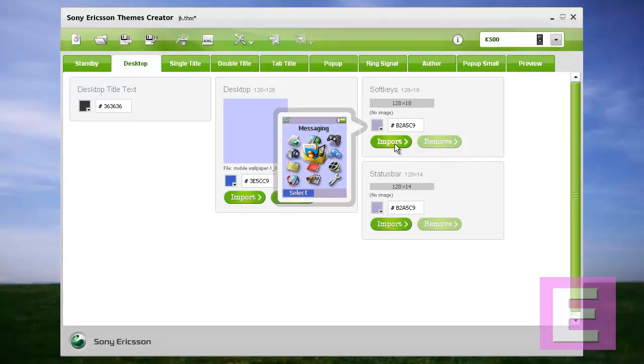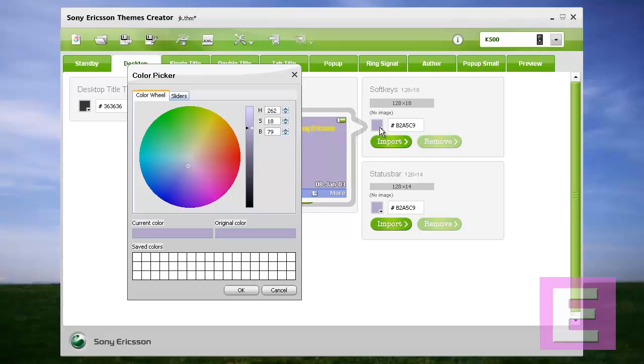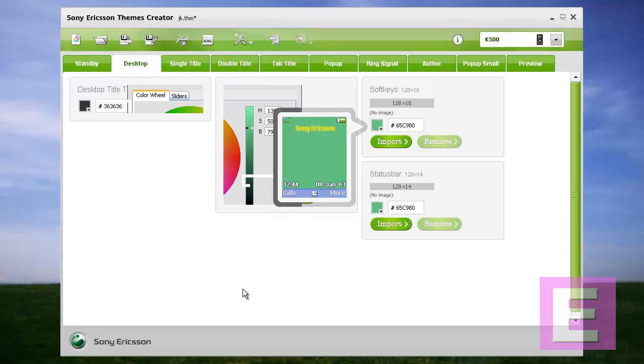For soft key also, if you have an image of the size 128 by 18, you can upload these images by importing here with the specific button called select. If you don't have one, and you want to apply color only, then just go to this option and change the color.